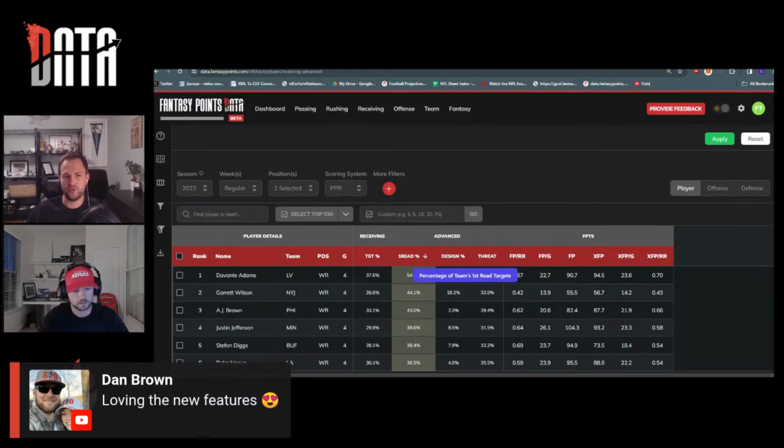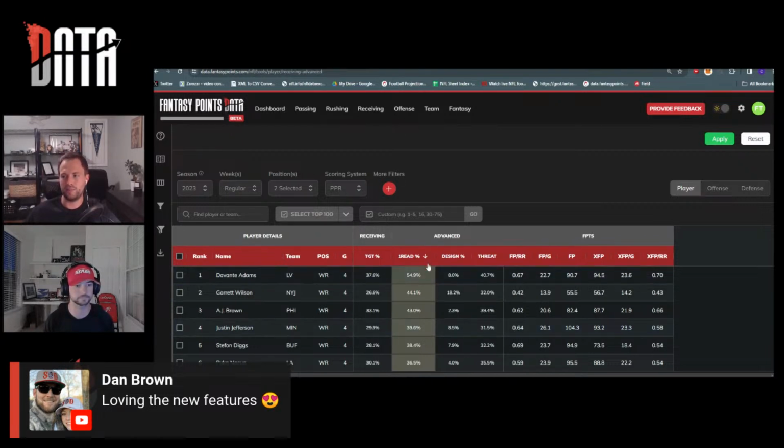The first read that isn't designed will have multiple guys. So if the QB is looking to his left, there'll be multiple receivers on that side of the field running routes that are all part of his first read. And then we kind of watch to see, does he look the other way? Does he go through his progressions? That would become his second read. We've got check downs as his third read. And then lastly, there's what we call a scramble drill read, which is when pressure gets in the pocket and he's just got to make up a play at that point, and receivers try to create space for their QB to throw them the ball. That's the last one.